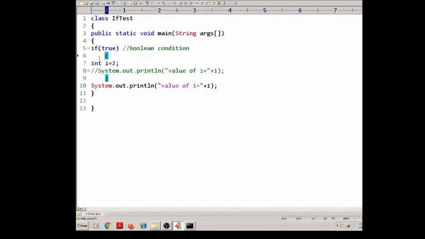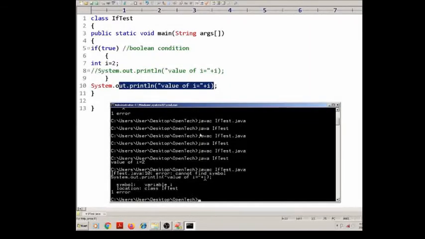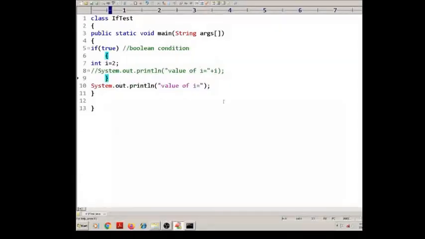I have discussed already in detail. So this variable i is a local variable for this block, so it cannot be directly accessed from outside the block. That's why we will get the error message here.